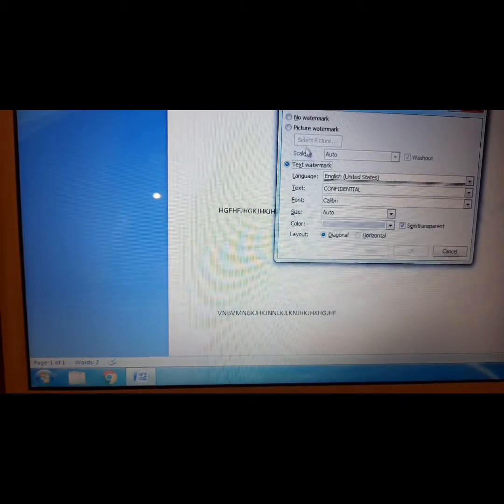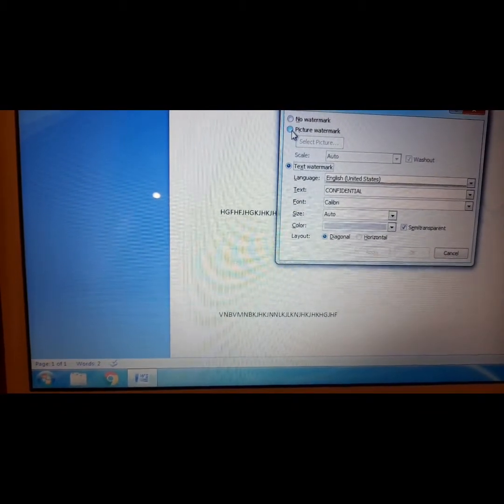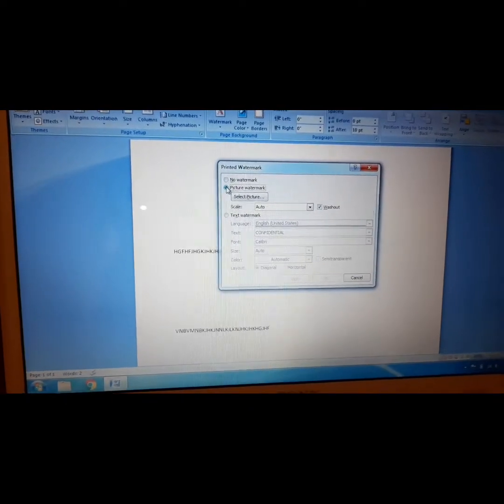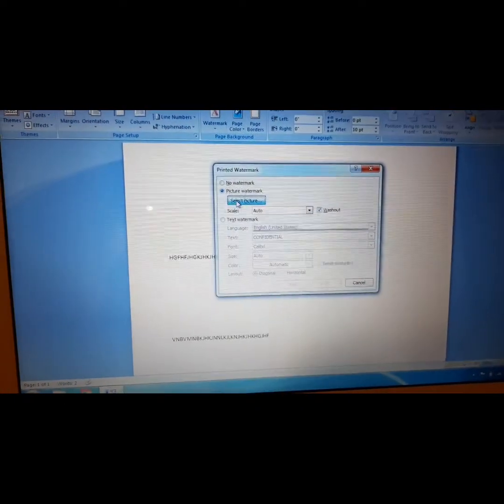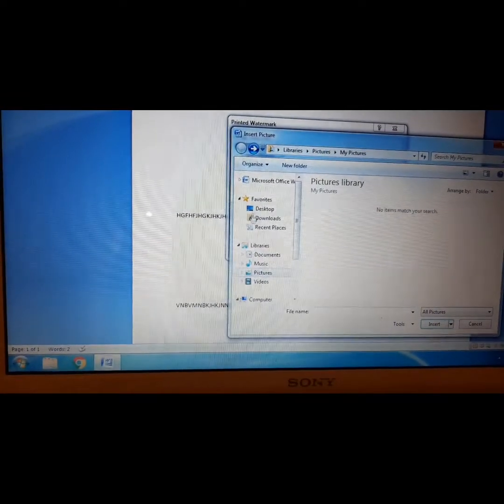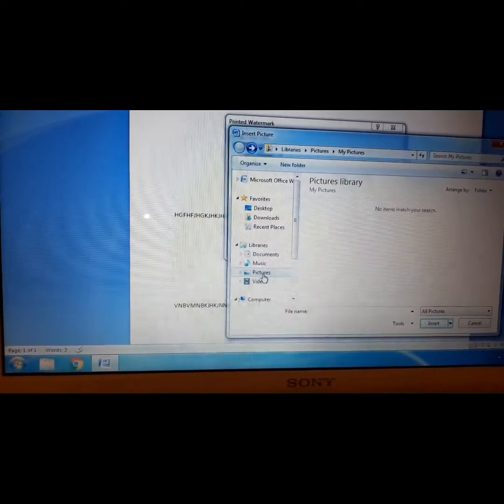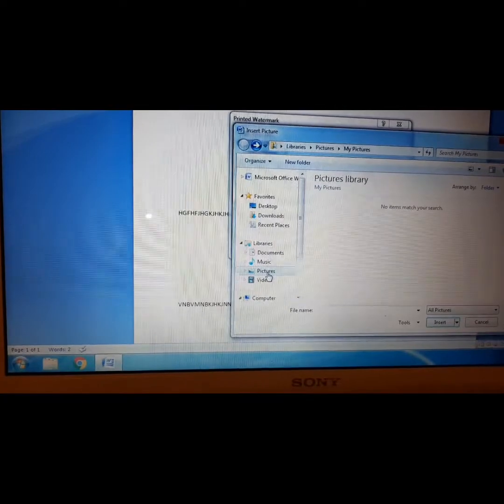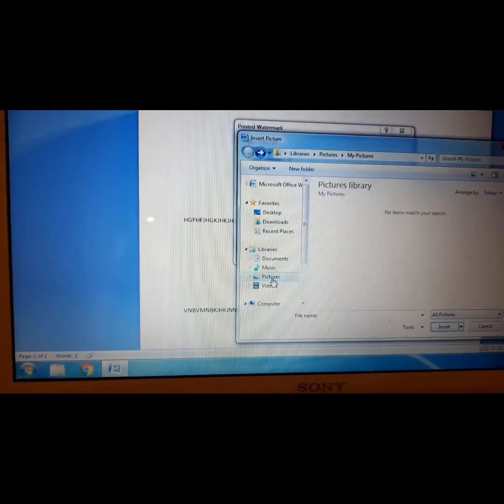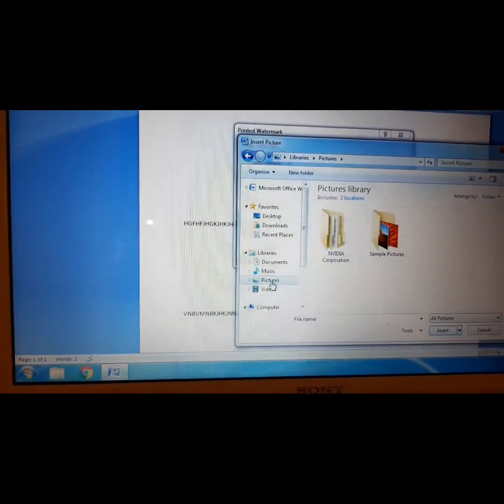Here if you want a picture watermark, click on picture watermark, select picture. Here we will go to the ready-made pictures or the installed pictures that the computer has.